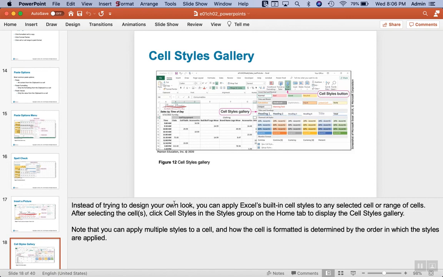Some other stuff we can do with it. Actually, there is a built-in, we call it cell style gallery. So what this is, Microsoft has gone out and pre-built a whole series of formats for cells. Now where this is at, if we do it off the ribbon, what we will see,